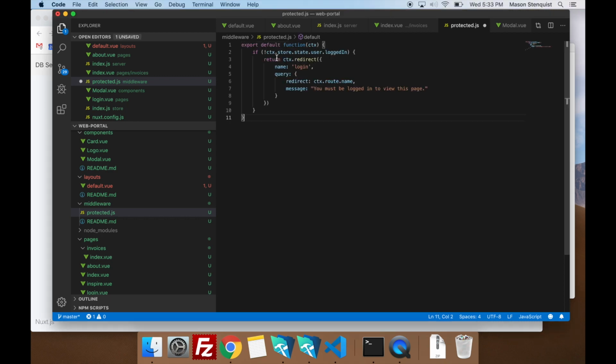So whenever we call this protected middleware from any of our pages, it's going to run the function. This is the context that we have. And we're saying if you're not logged in, we're going to redirect to the login page, and it's going to say you must be logged in to view this page. That's the message, and we're also going to put the redirect in our query.